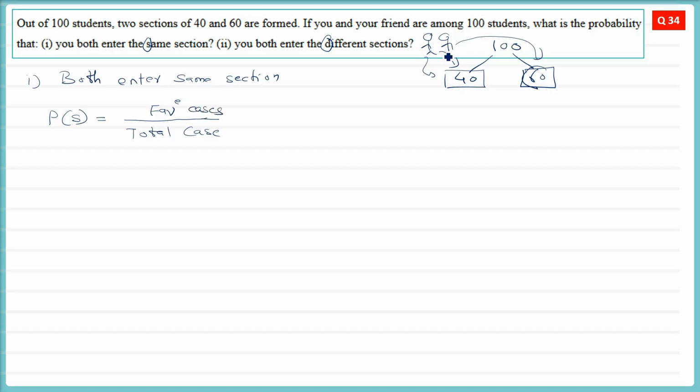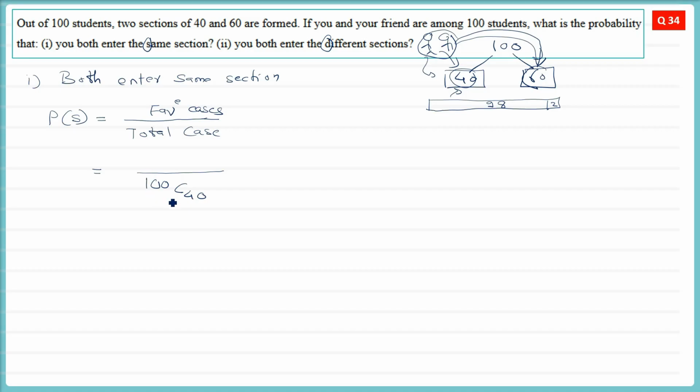So there will be 2 possibilities. You both can go in this 40 category or 40 student section. You both can go in the 60 category or 60 numbered section. So here we have, in all 100, you are 2, 98 are other students. If you are going to the section of 40, 2 are you, 38 are other students. So the first probability, which is the management selecting 40 out of 100,